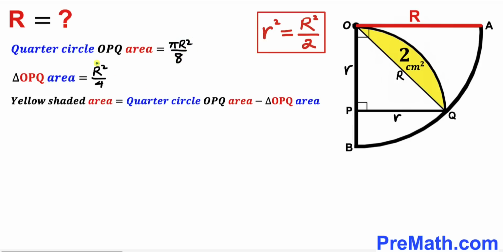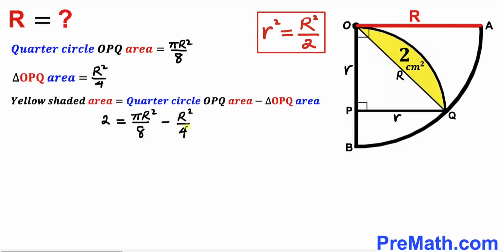And likewise the area of this triangle OPQ is uppercase R square divided by 4. Let's go ahead and fill in the blanks in this equation. So we're going to write down 2 equals pi times uppercase R square divided by 8 minus R square